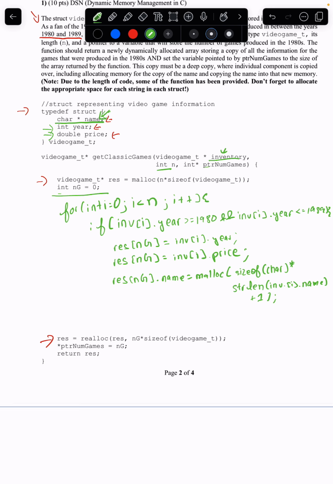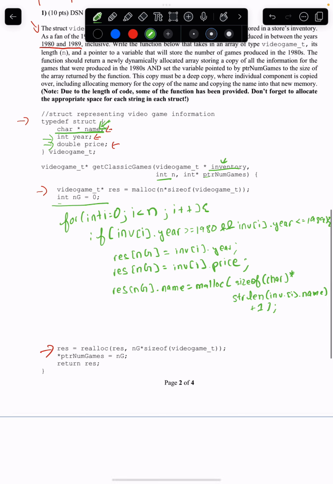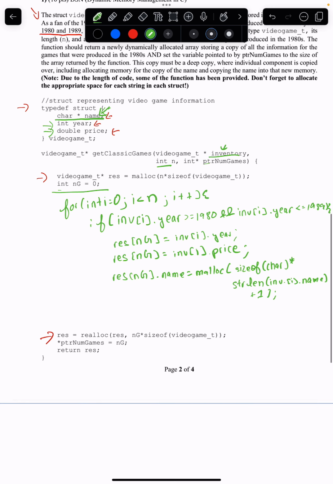So hopefully you can follow this. I know it's kind of tricky to follow what I'm doing, but if you have any questions, let me know in the comments. I'll be more than happy to help. So that's what we're doing. And then ng is appended also, we can increment ng, right? And then we can